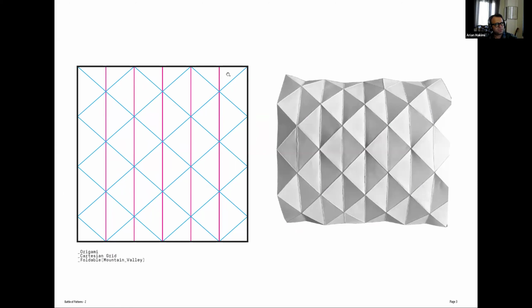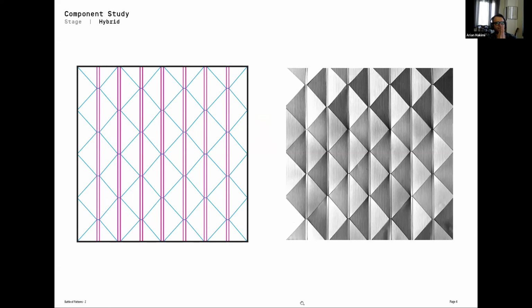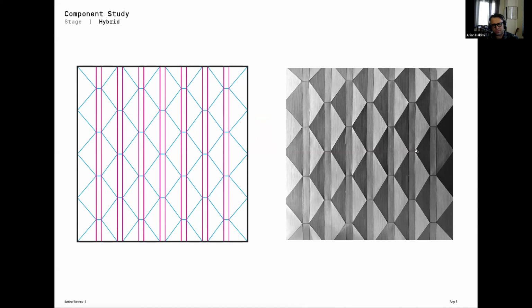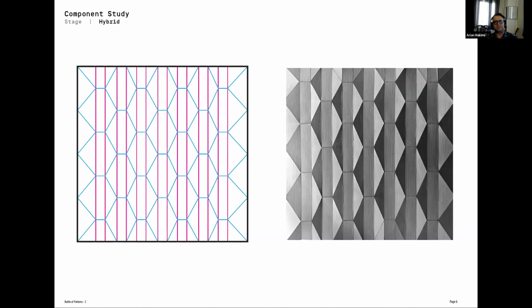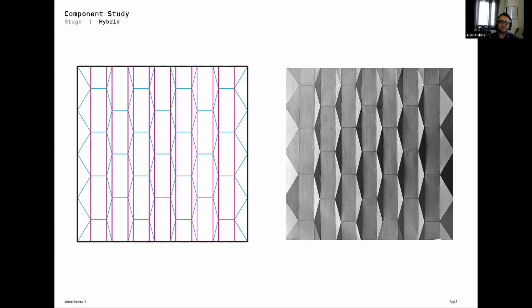But then again, what will happen if I start to widen these vertical edges? It still has this digridy look, but it starts to transform more into hexagons. And you can see that the degree of that X starts to become more vertical, and then the readability of the pattern, you no longer see it. You no longer read it as an X or as a diagonal system, but you are seeing it as a